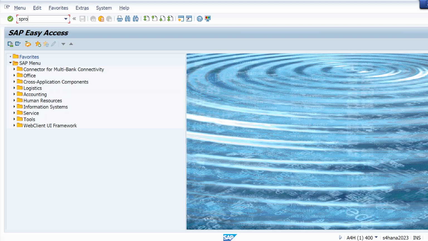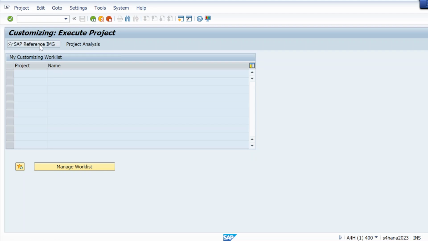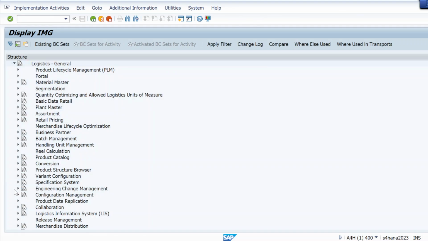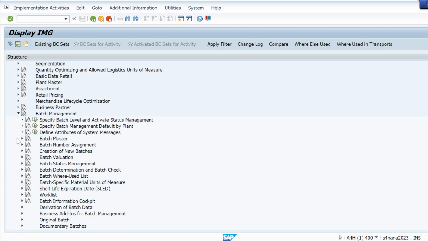Then let me go to SPRO, go to IMG, go to Logistics General, go to the batch management node, and go down. Here you can see Specify Batch Level and Activate Status Management.